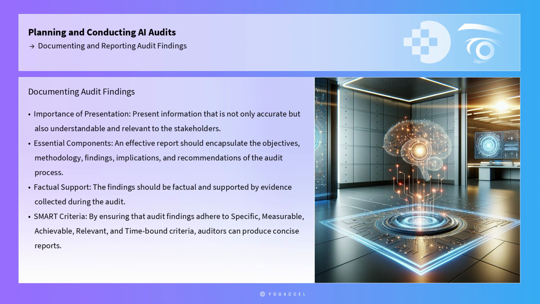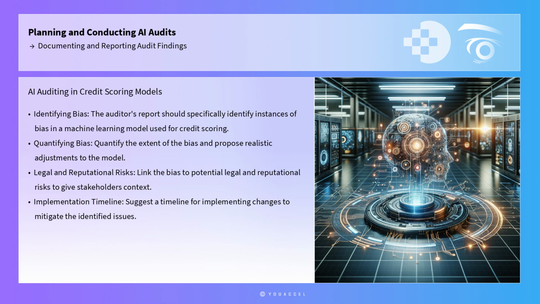By ensuring that audit findings adhere to these criteria, auditors can produce reports that are concise and aligned with the stakeholders' expectations. To illustrate this, consider an AI auditing scenario where the auditor is investigating a bias in a machine learning model used for credit scoring. The auditor's report should specifically identify instances of bias, quantify the extent of the bias, propose realistic adjustments to the model, link the bias to potential legal and reputational risks, and suggest a timeline for implementing changes. By adhering to these criteria, the report can provide stakeholders with a clear understanding of the issue and actionable steps